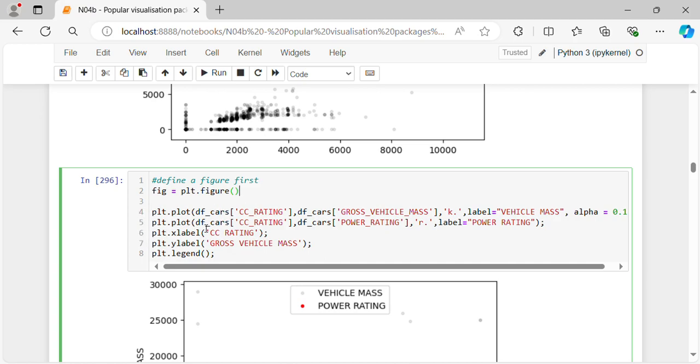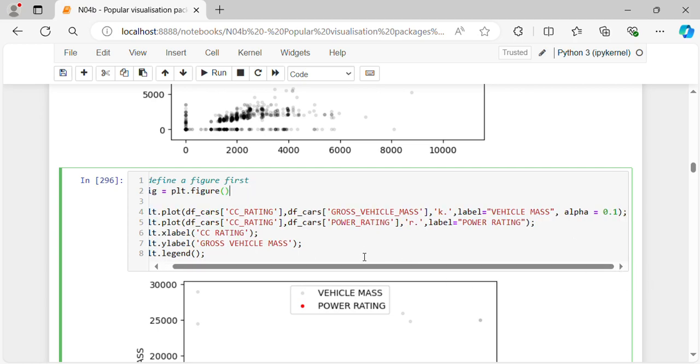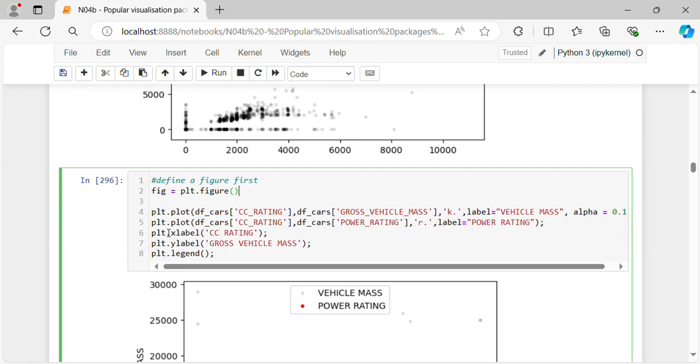Now plt.plot of df CC rating and y-axis gross vehicle mass, and type is 'k.', label equal vehicle mass, alpha equal 0.1, and on top of that we will plot another graph, plt.plot of CC rating, comma, power rating, comma, 'r.', comma, label equals power rating,